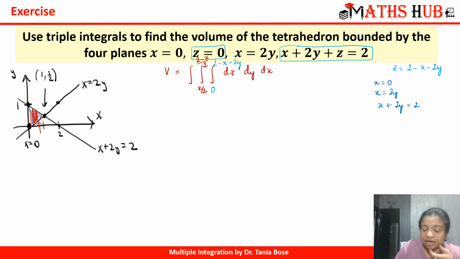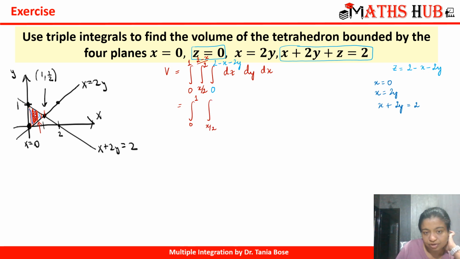And finally, to calculate the limits of x, we will check the minimum and the maximum value. So the minimum value is 0. And when you calculate the intersection point of these two lines, you will get the intersection point as 1 comma half. So the minimum value of x is 0 here and the maximum value of x is 1 here. So the limit of x is from 0 to 1, right? So now let's calculate this integral. So we have 0 to 1